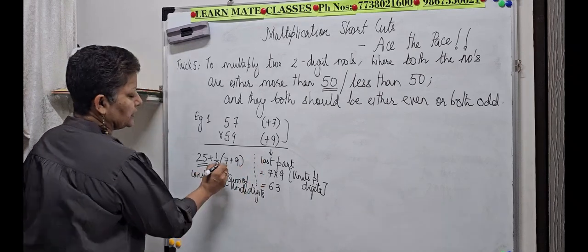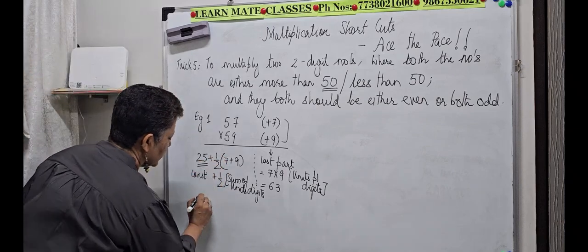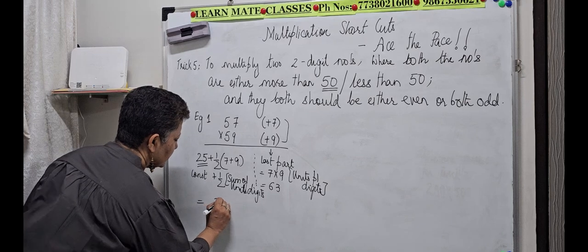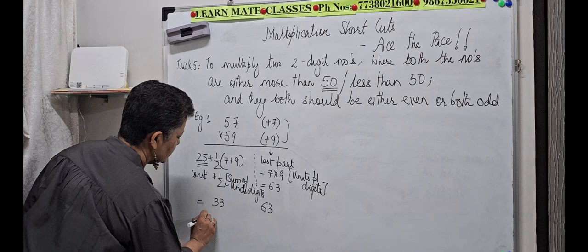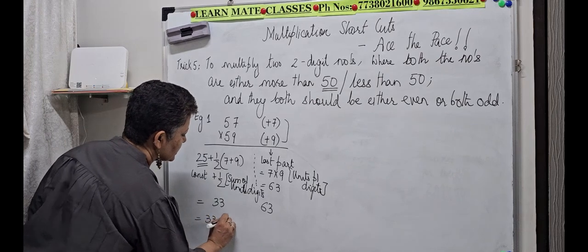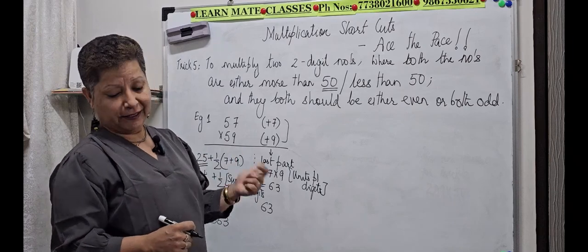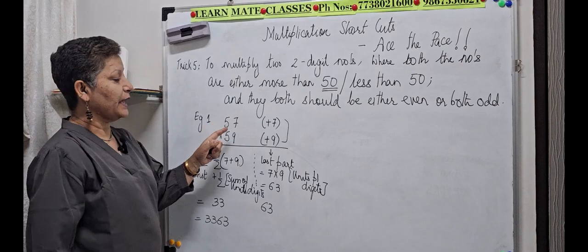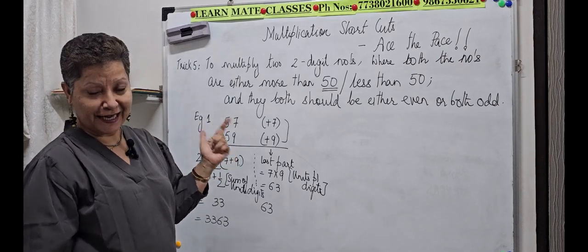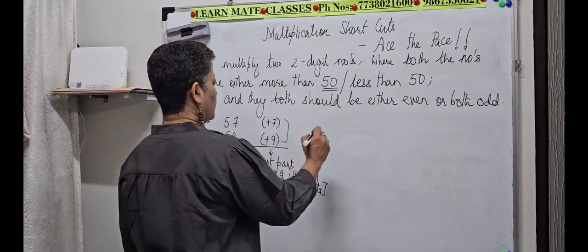So 7 plus 9 is 16, half of that is 8. So 8 plus 25 is 33, and here you've already got 63. So your final answer is 3363. Now, doing it for the first time, it takes time, but if you do it on your own later, it's going to be very easy. I'm going to give you an example where I'm going to be taking numbers less than 50. So here is a second example where I'm taking 49